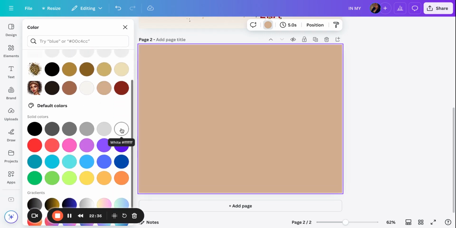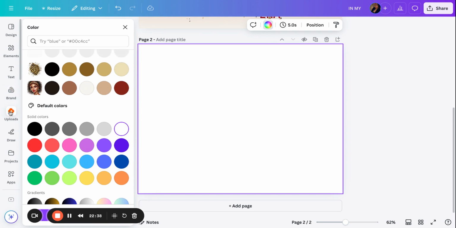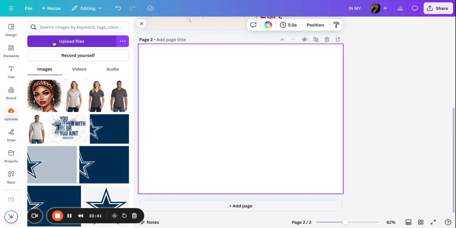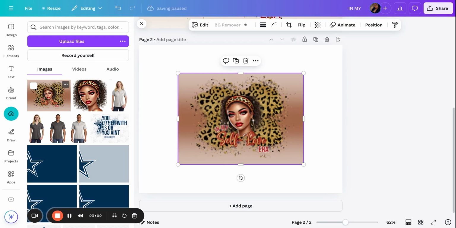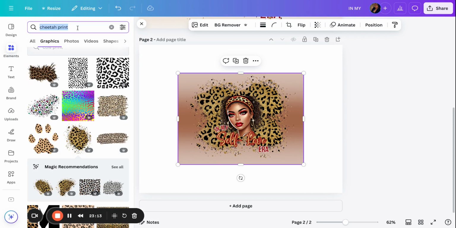Let's see. And then I'm going to go to uploads, upload my file. Give me just a moment. Right here. Once your image has uploaded, you are going to go to elements, and we're just going to type in a